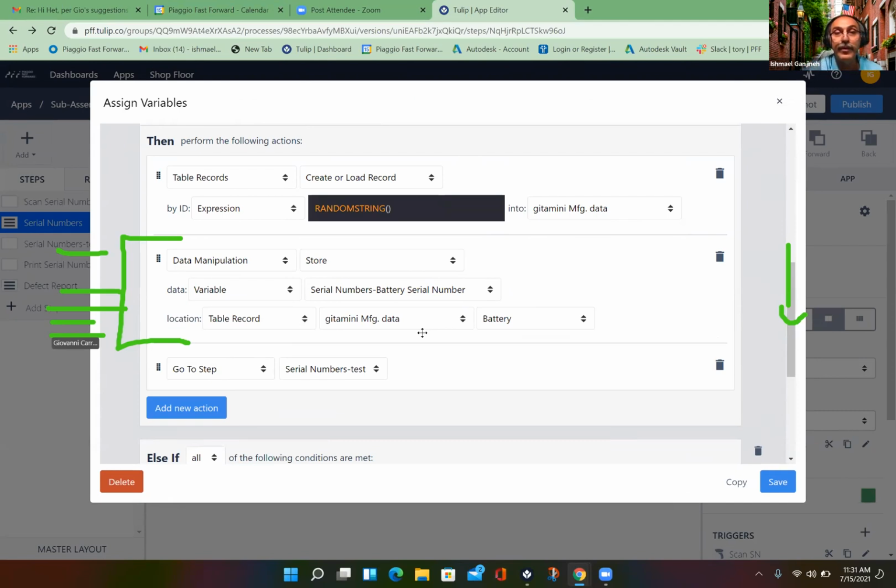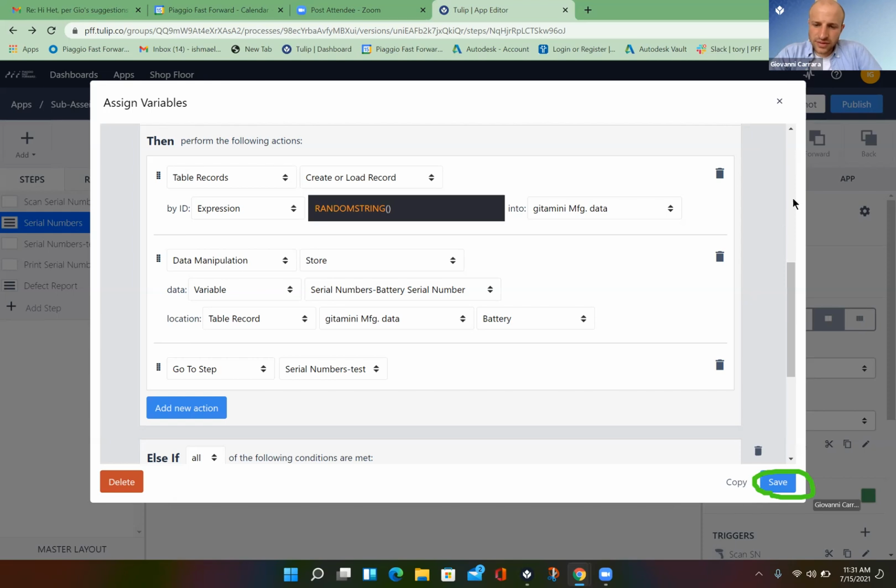Got it. Now, my last question is, is there any way in that form step, as I'm scanning the barcodes, it will jump right to the next one without me having to click into that box? Yeah, so let's take a look here. If you click save,